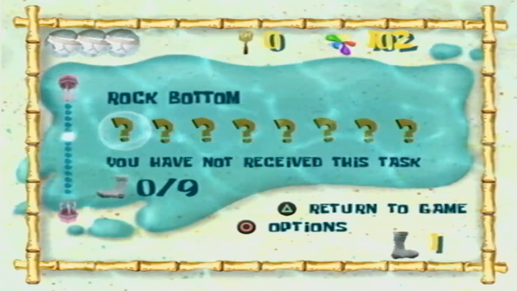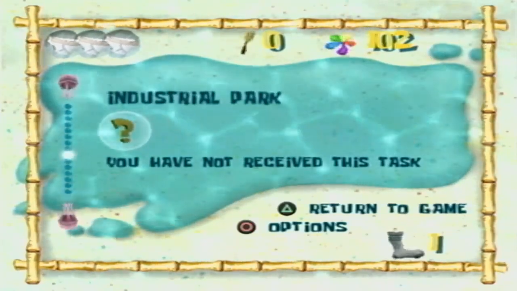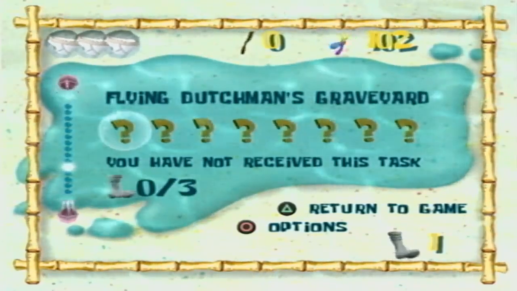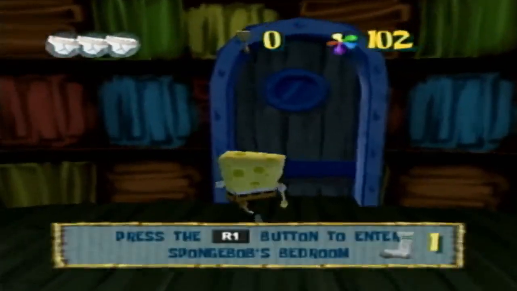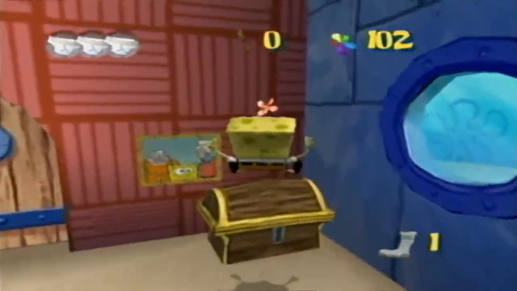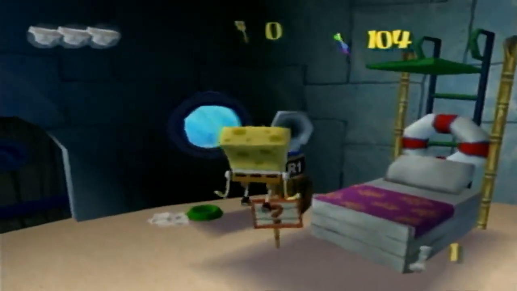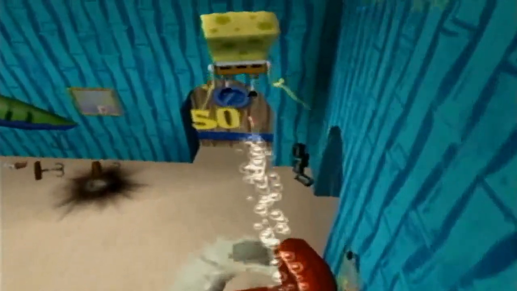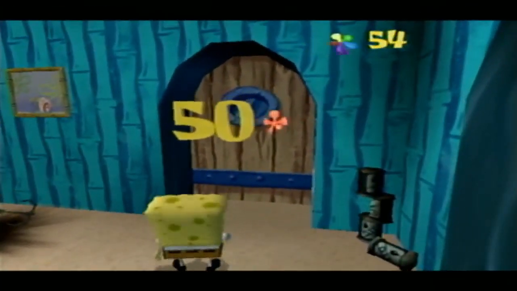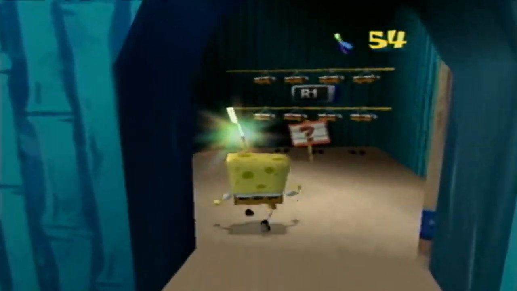For example, Rock Bottom has 9 socks. The Flying Dutchman's Graveyard has 3 socks. And Bikini Bottom has 8. And we've collected one of them. Bikini Bottom socks, as you can probably guess, are the most basic in the game to get, because Bikini Bottom is the overworld. So anyways, with that said, we have completed SpongeBob's house, and can now open up his closet,